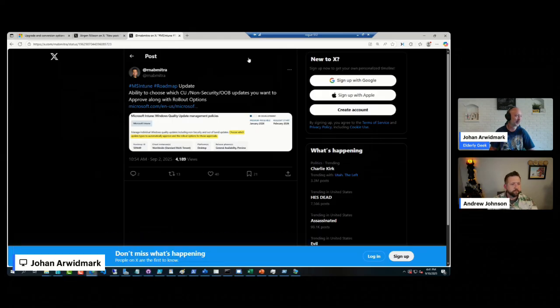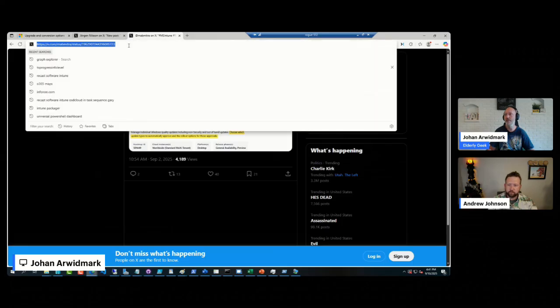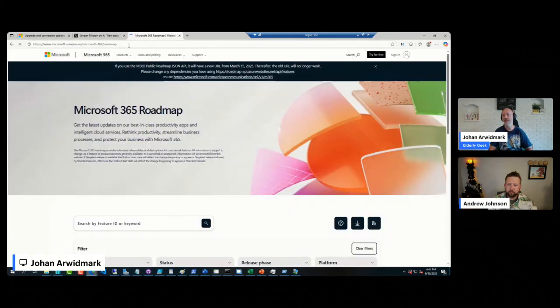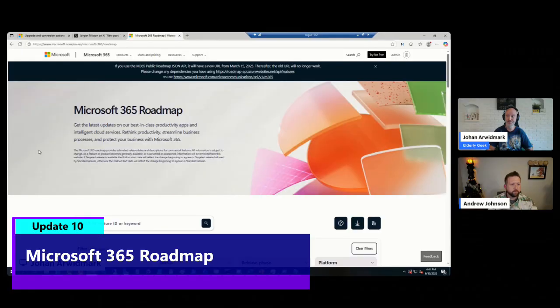I'm still hoping for maintenance windows, but I haven't had my hopes too high on that one. But what I didn't show last week was that this platform is indeed using the Microsoft roadmap site behind the scenes, and that one turned out to be quite useful.